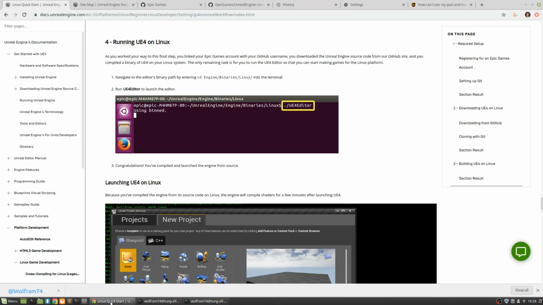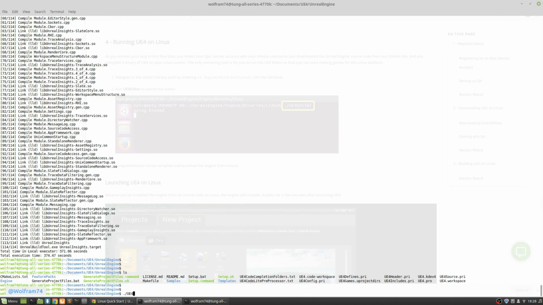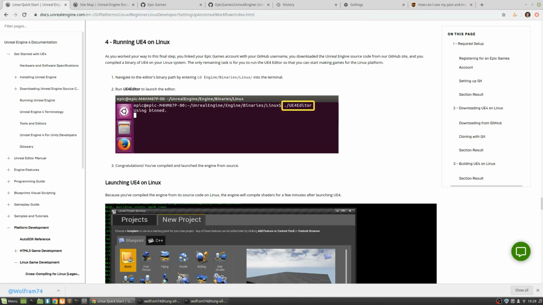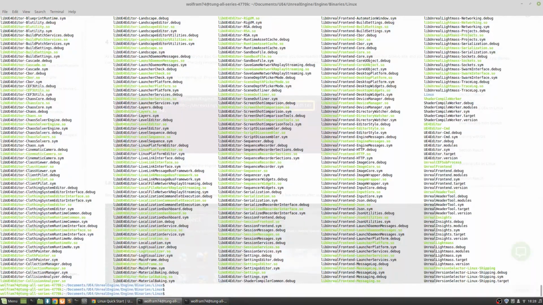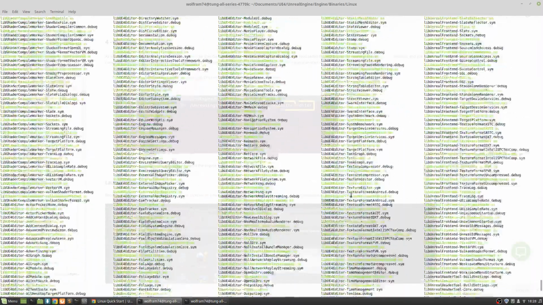Should be somewhere in here. Okay. Editor. No. Under engine, and then binaries, and then Linux. Okay. Maybe I shouldn't have done that. It's a lot of stuff.